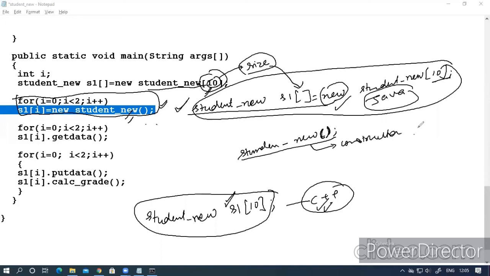Constructor for memory allocation, because in Java there are a lot of constructor declaration types, such as the copy constructor. So one is the constructor calling with the size of the object array, and another is for calling the constructor for memory allocation. And for this, we use these braces, these parentheses. Correct? So this was the